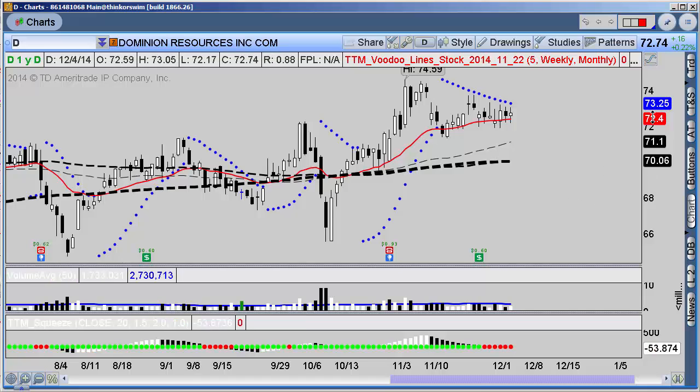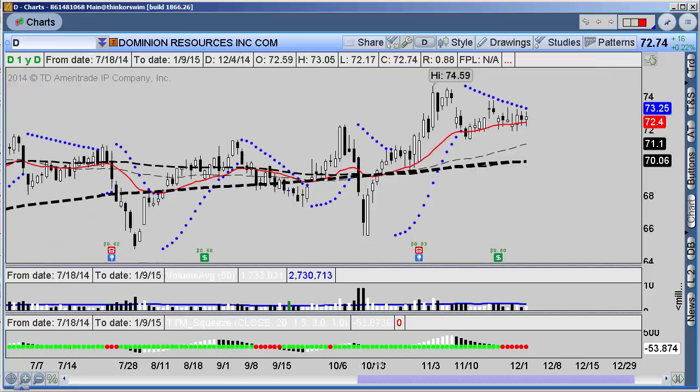So hopefully that gives you some thoughts to trade into next week, some thoughts on taking ETFs and breaking them down into the individual components,